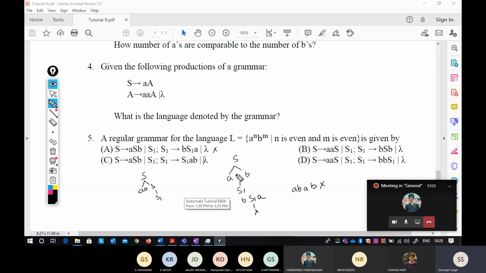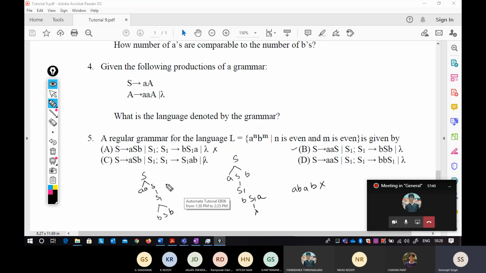So this kind of derivation is not required, but they just want to confuse you. That is why they included this. So it is B S B, and now there is a lambda. So A is followed by a B. That is a possibility, but just let me see what you can do.